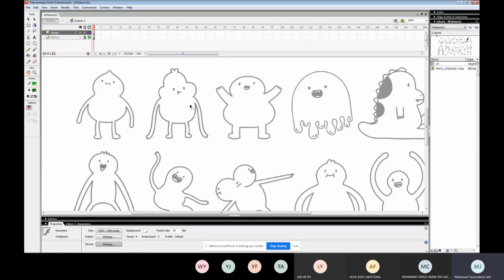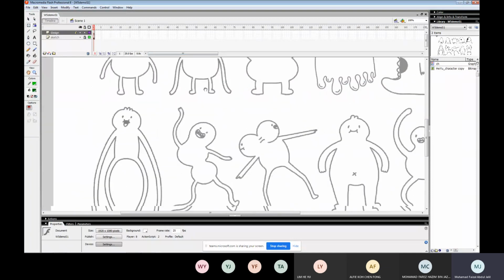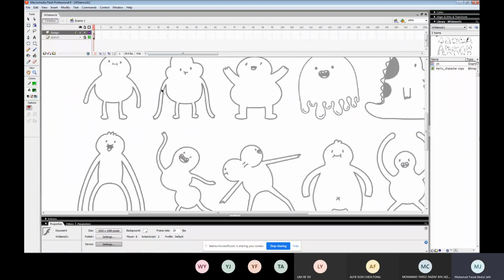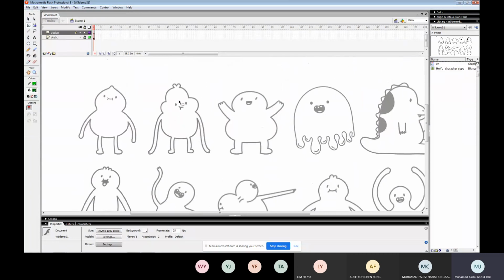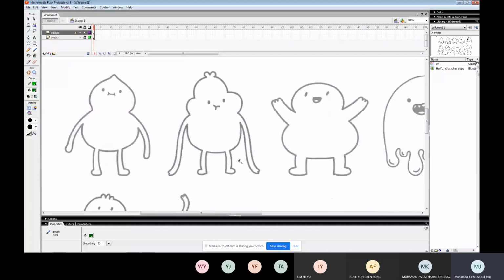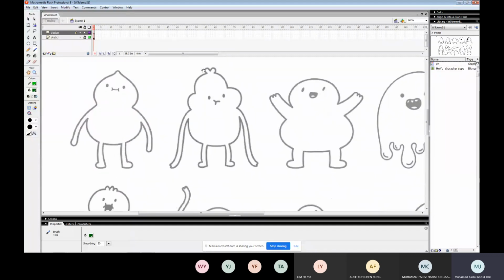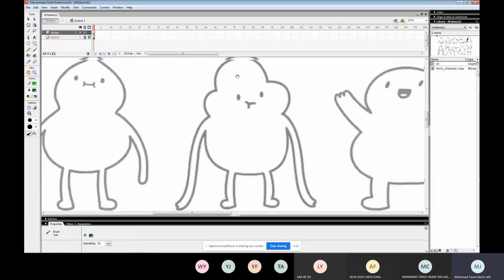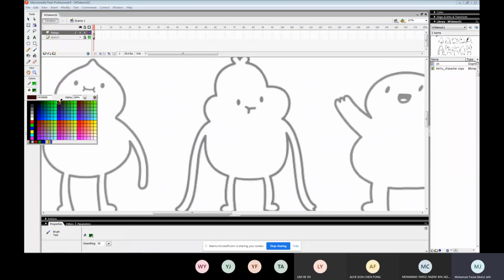So I'm going to start, maybe, with this, because when we have this kind of long character like this, the motions when we do walk cycles are going to be slightly different. I've seen some of the students design one of the characters to have very long hands like a gorilla, okay,